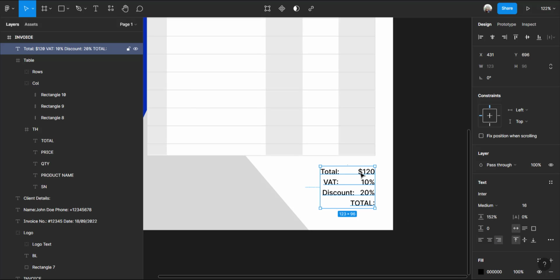Align right. And the discounts, same thing. And the total,